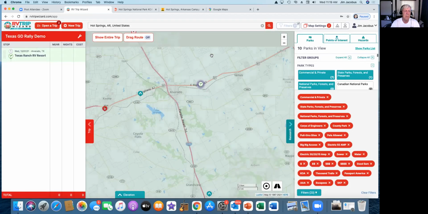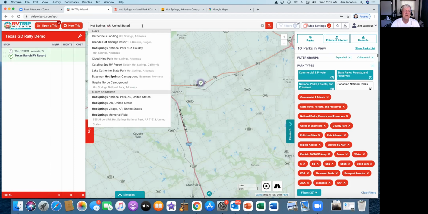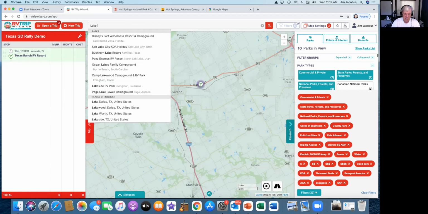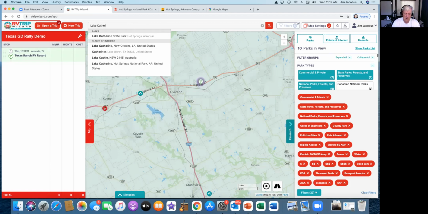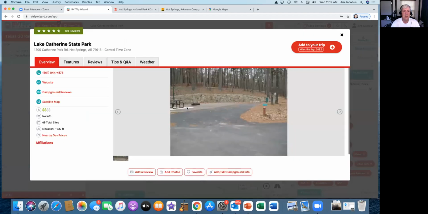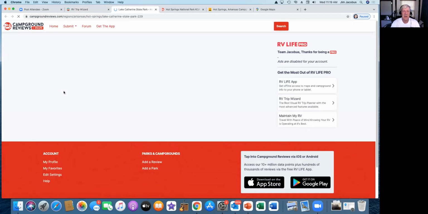Okay, so now I'm looking for an area. Now I want to go to a specific park. All right, and just for the fun of it, because I know it's easy to find, I'm going to type in Lake Catherine State Park. Boom. I want to go there. All right. Park details. Again, I can do my research. And by the way, at Lake Catherine State Park,